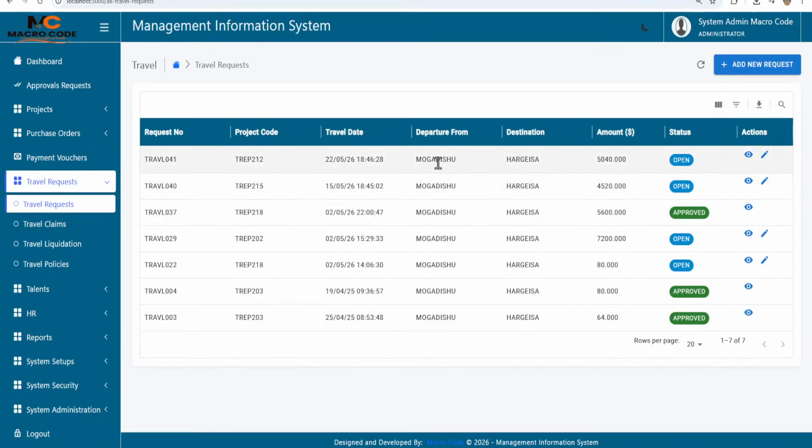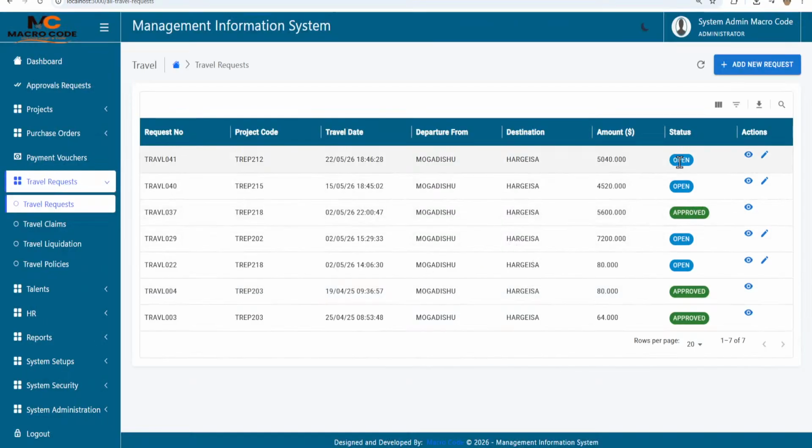This is how our page looks. You can see now our data has been loaded. We have the open and we have the buttons here. Now, if I say add new,